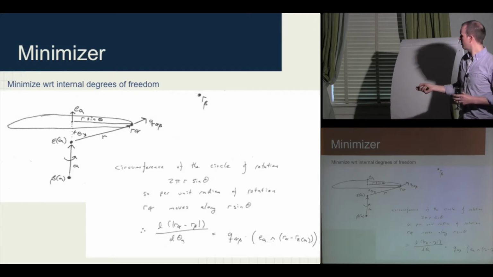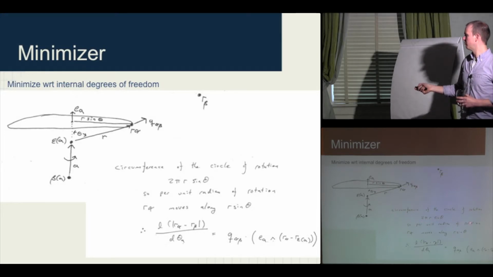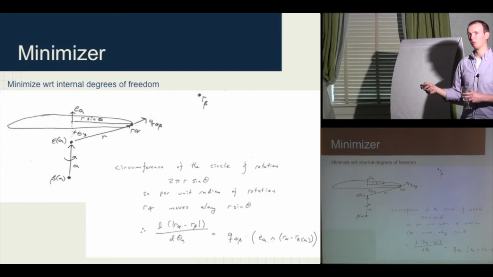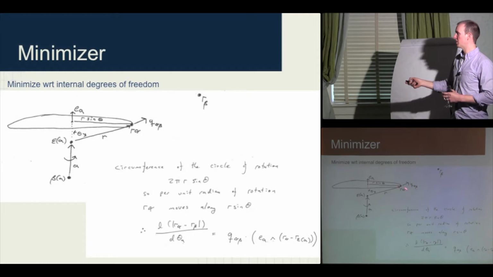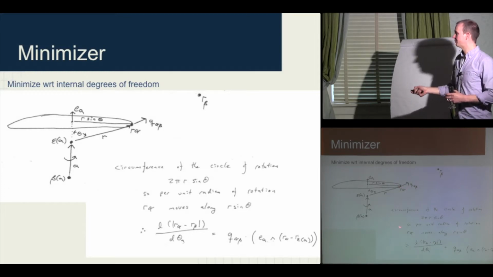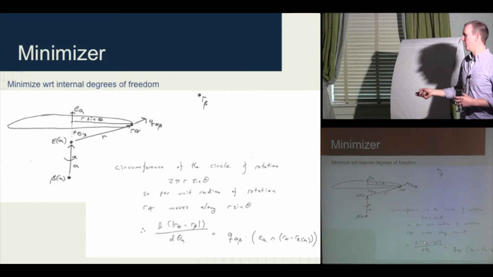Excuse me, did I get that right? I feel like 2 pi drops out. The circumference of the circle is 2 pi r sine theta, so per unit of radian rotation, r alpha moves along r sine theta. That's what I need: r sine theta is how much r alpha moves. Now if we want to know the change in the distance between r sub alpha and r sub beta,